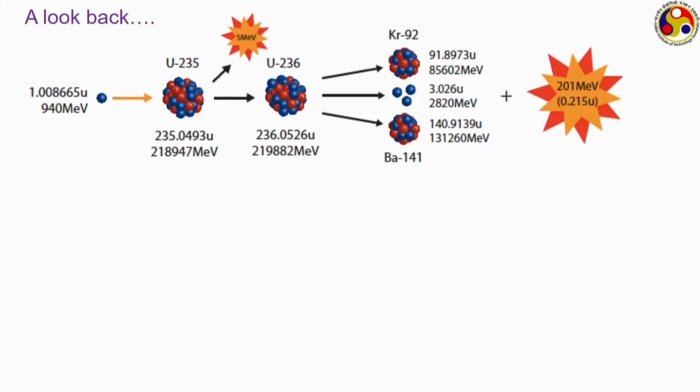To start with, just a quick look back at the 4 modules that we had. Like I am taking you back to the first module itself, where this picture was shown. Whenever a neutron strikes a uranium-235 nucleus, it initially forms a temporary nucleus in the form of uranium-236, and then we have the fission reaction when this intermediate nucleus or isotope breaks into 2 much lighter isotopes. In this case, it is krypton-92 and barium-141 plus 3 neutrons, and it is also associated with a large amount